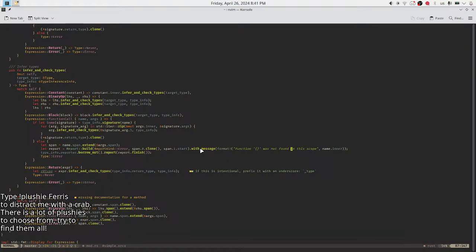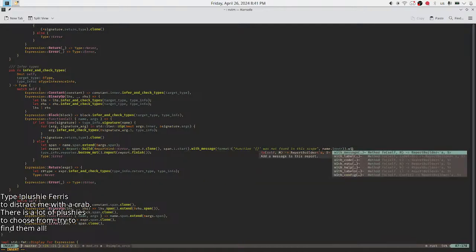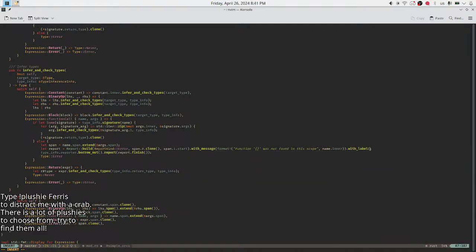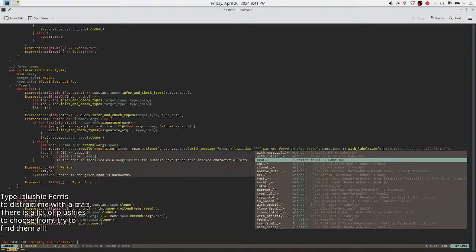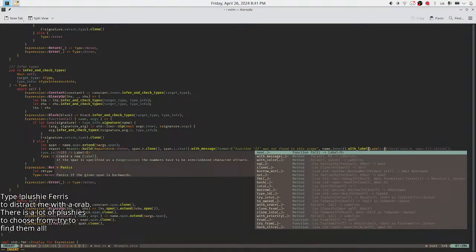So yes, span with message, with label. Label. When will I make it so you can type like compile and then an arbitrary program and main, something like this, and it will actually execute in a Docker container with the current compiler I'm building. This might be fun, but this will take some effort. Well, some effort, not much, I think.